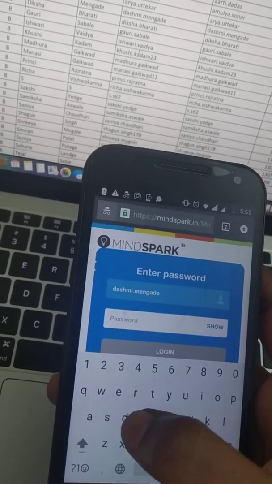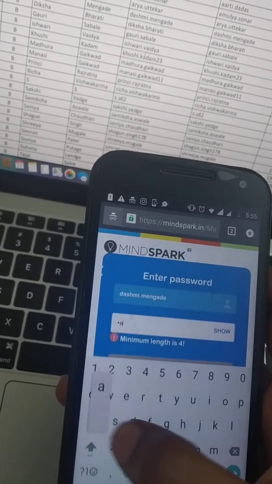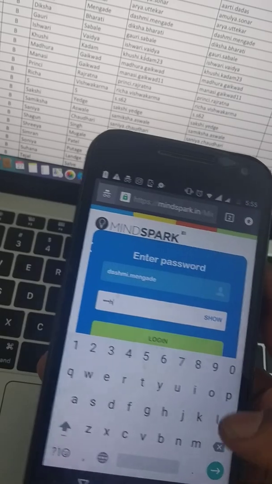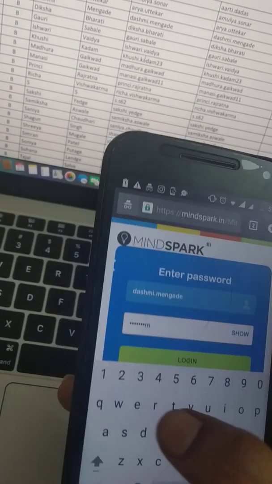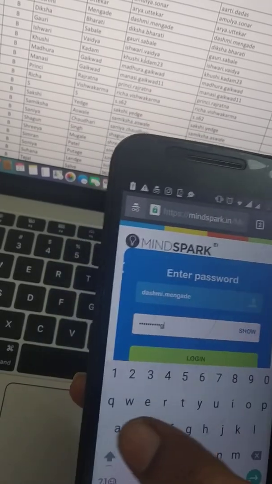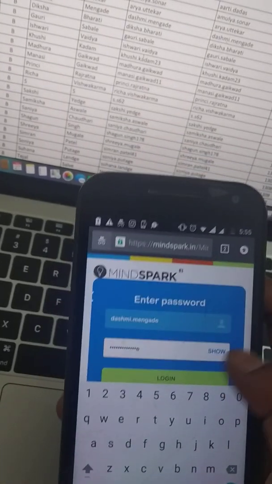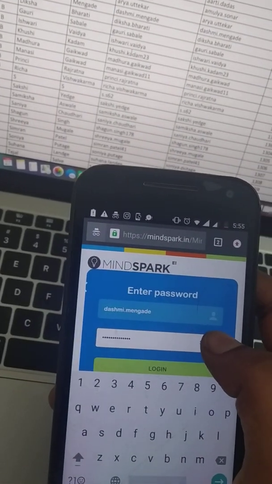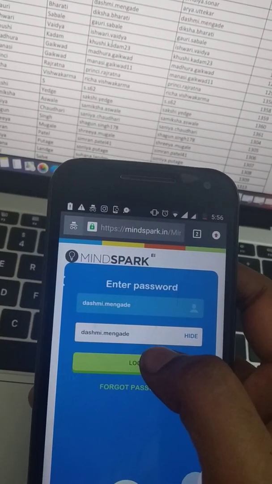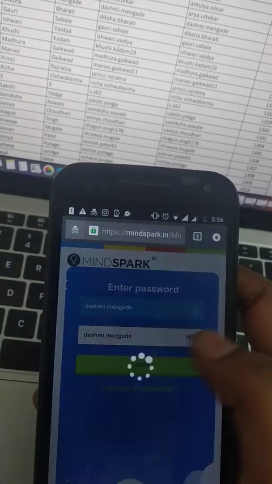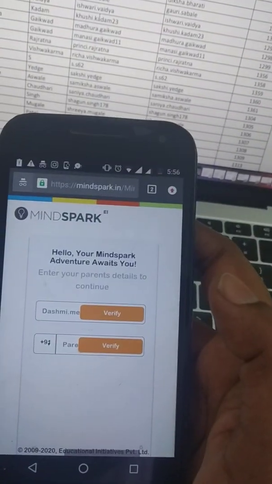Password is the same thing. I'm going to type the same thing. DASHMI.MENGADE. After doing this, if I want to check if I did the right password, I'm going to click on show. See, I typed the right password and now I'm going to click on login.